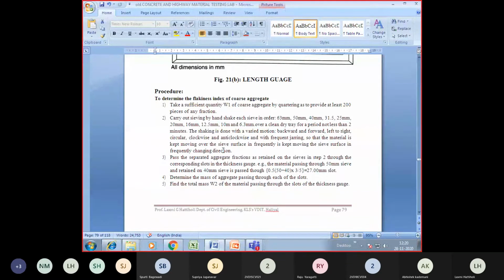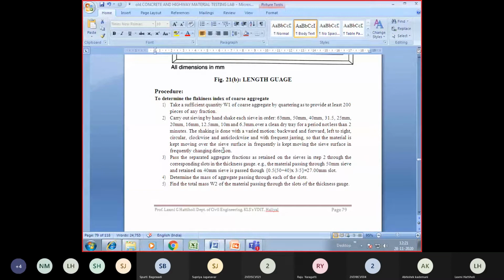But usually, though you order 20 mm downsize, some of the other aggregates will definitely add up. You cannot say that all the aggregates are completely 20 mm downsize, so you cannot maintain that quality everywhere. You need to check how much percentage it is more or less.